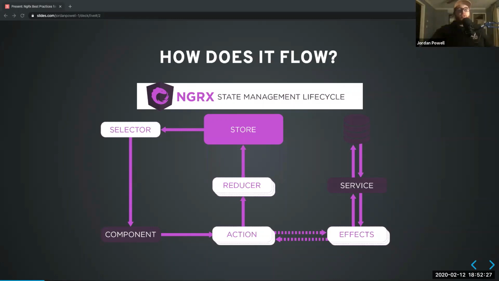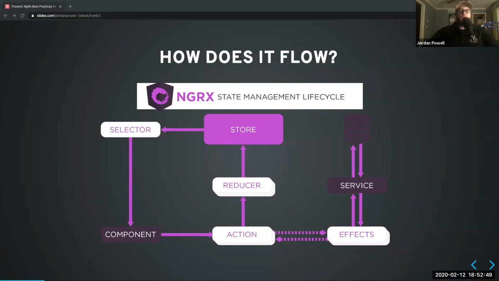We have actions, which you can consider like a message. They essentially describe unique events that are dispatched. So a component says, hey, the user clicked on this button, or this effect says, hey, I got this data from this service,